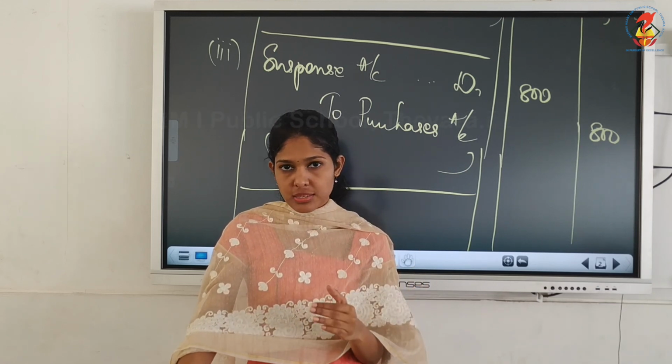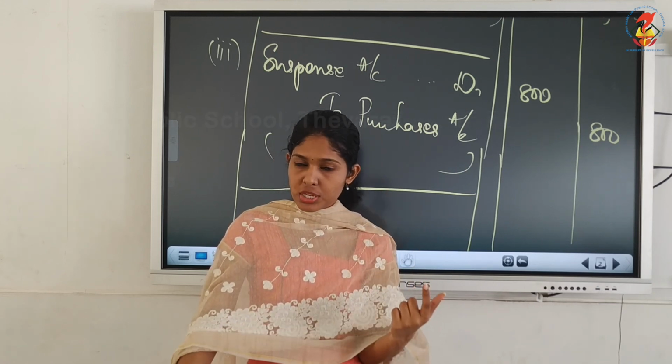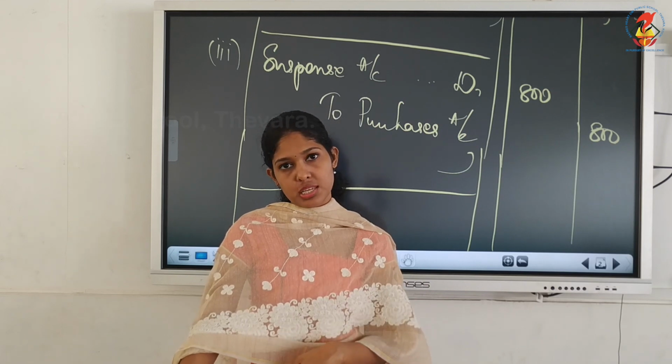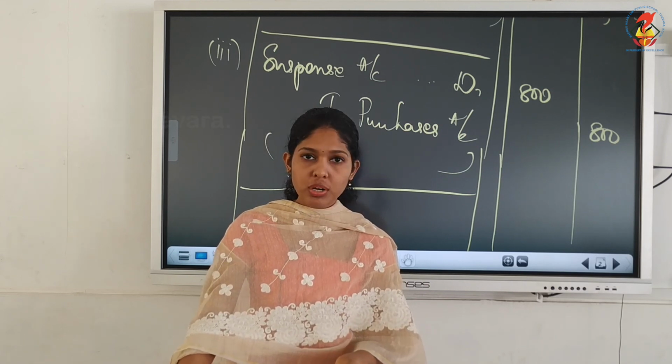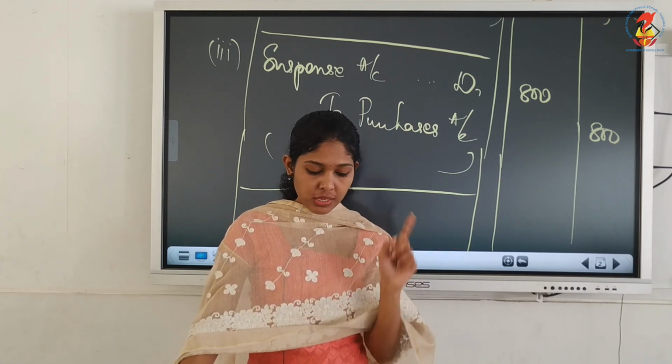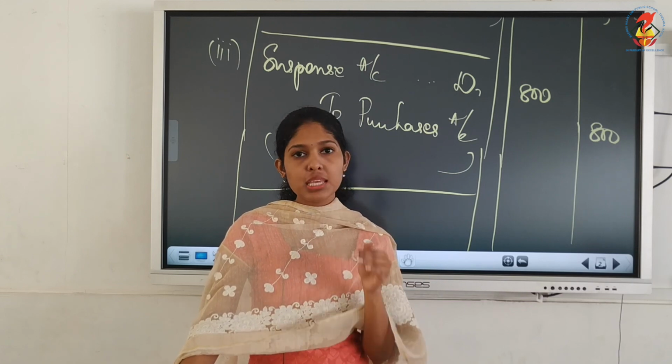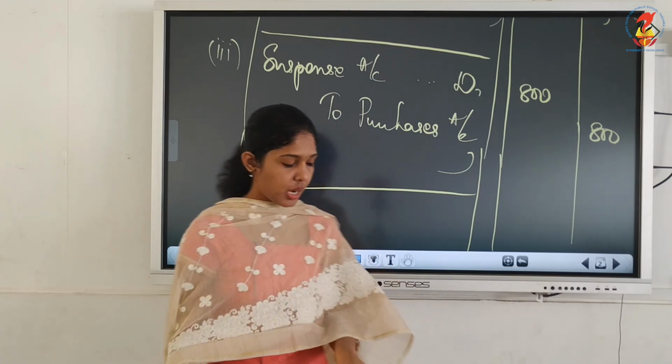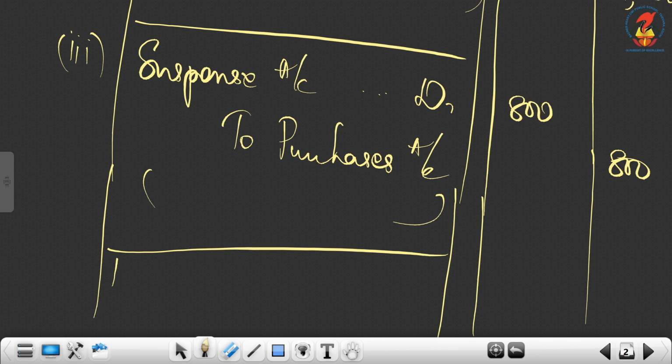So how will you cancel that? We have to debit purchases return, credit the suspense account, and the difference is what we have to write in the amount column, that is 1220 minus 1120. Understood? So the journal entry will be like